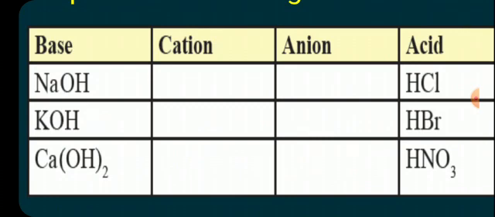Children, have you noticed? Anion is common here, OH minus, hydroxide ion, and bases are distinguished from each other by basic radical. Na plus is a cation, positively charged ion. So, though hydroxide ion is common to them, bases are distinguished from each other only by basic radical. Cations are always basic in nature. So, Na plus sodium ion, K plus potassium ion and Ca2 plus calcium ion, they will give different bases by combining with hydroxide ion.